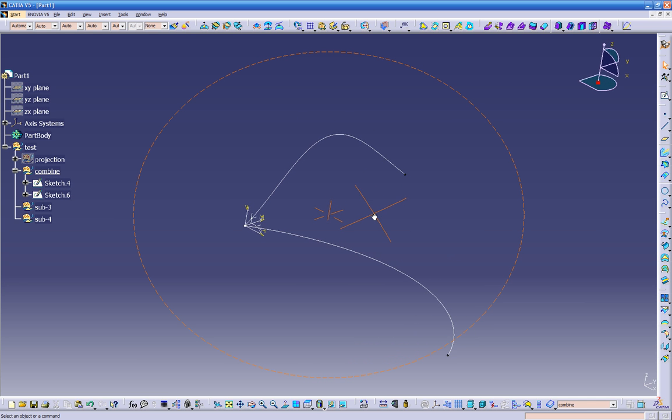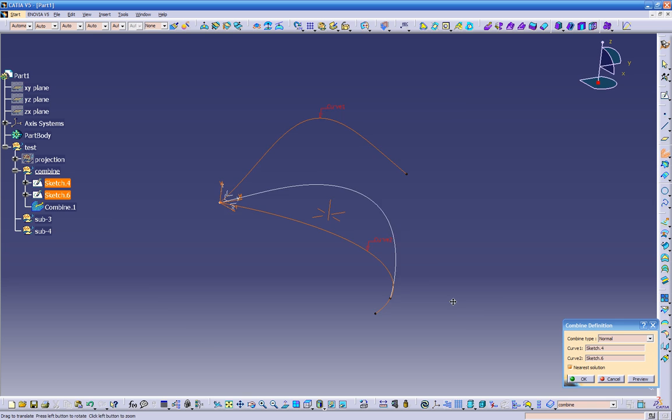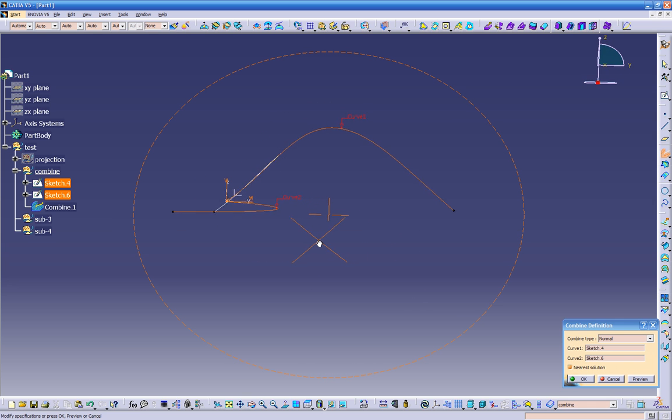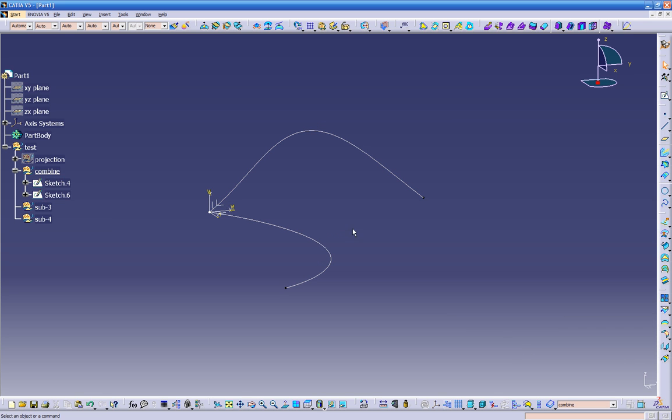What I'm gonna do now, I'll just show you pretty quick how the combine works. Now if I go to the combine and I want to click curve number 1 with curve number 2, I click a preview. If you see over here, it's going to automatically give me the intersection of this curve with this curve. To understand better how this works and what it does, I'm just going to click cancel for now, and I'm going to just extrude those